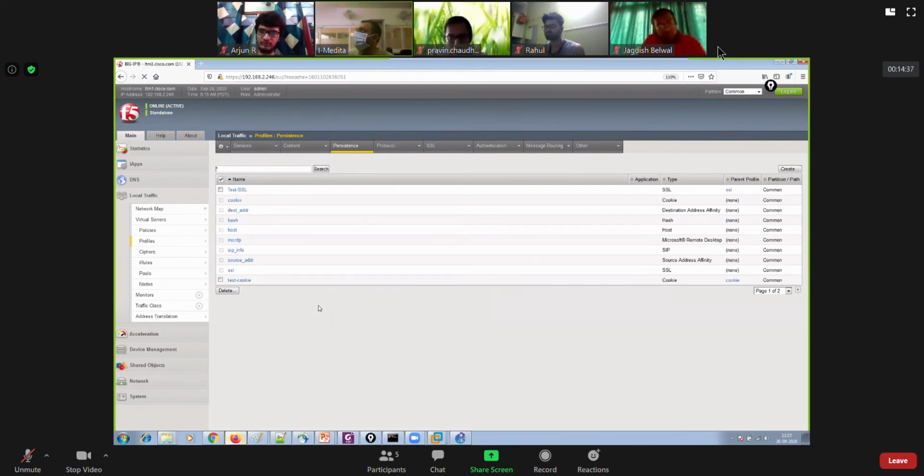Thereafter, if the end user made another request for the same web page, there was no need to perform the load balancing again, and the end user accessed the content from the same server as before. So we have covered all that.